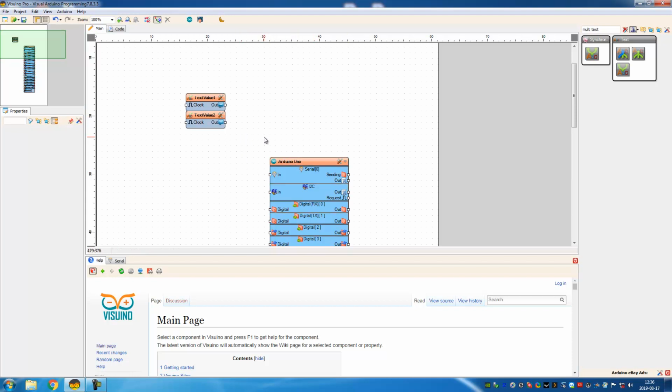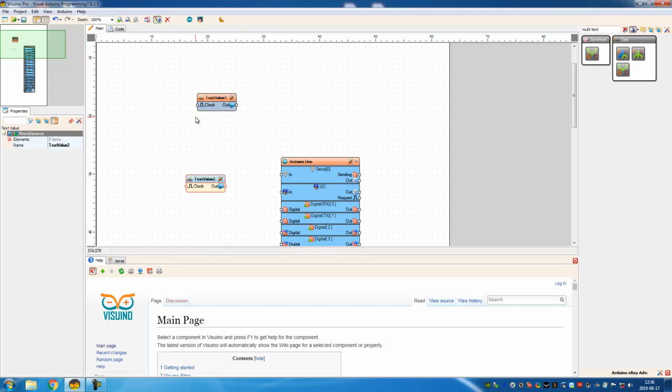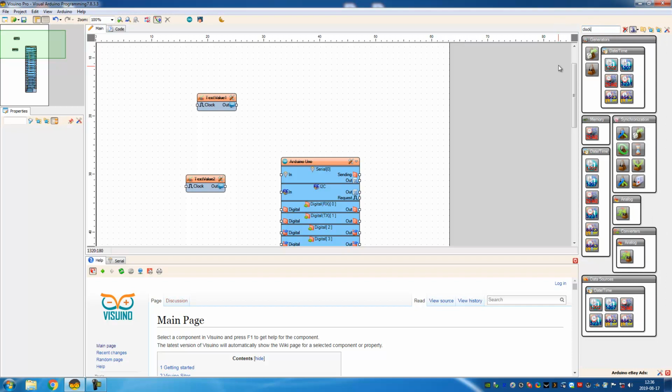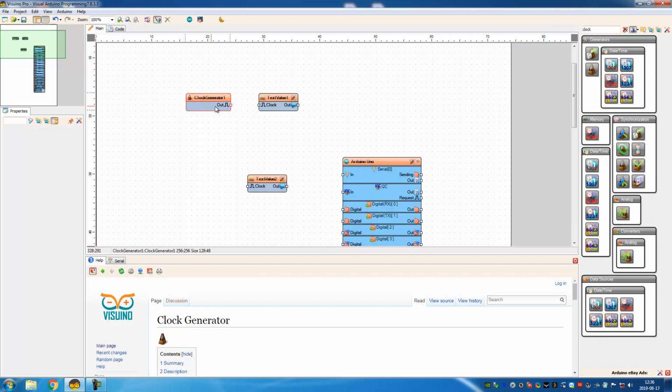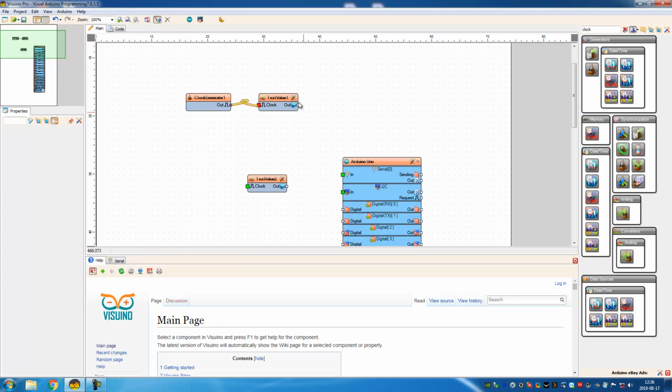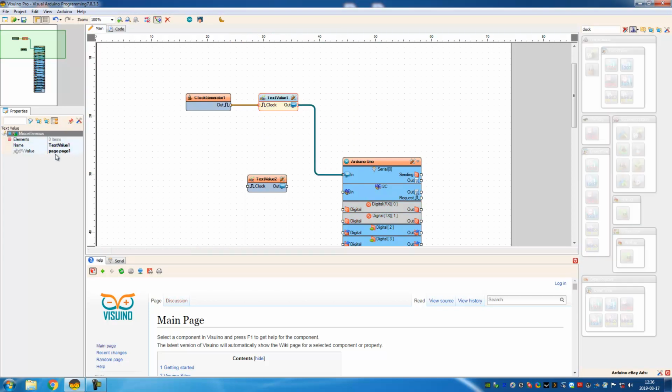As you just saw, some of the components use something called a clock. The clock is pretty much just a trigger, so when you're using a clock, you can make sure that it sends a value at the exact time or interval that you want. So like this, for example. I'm gonna type test,